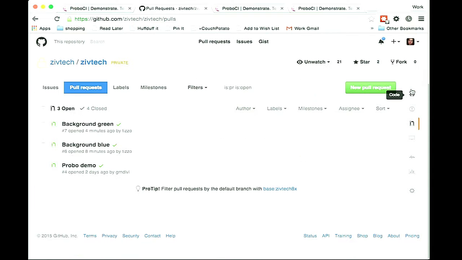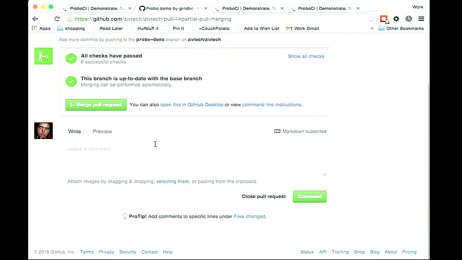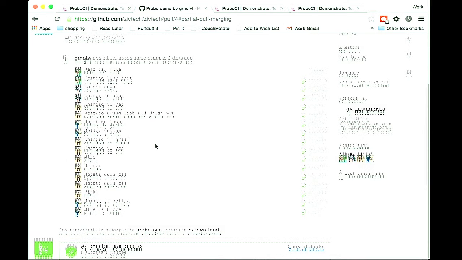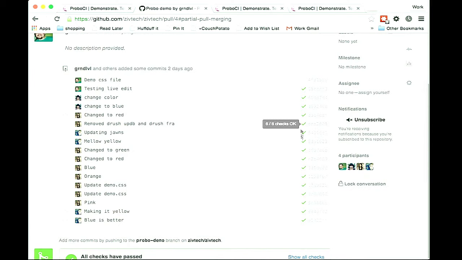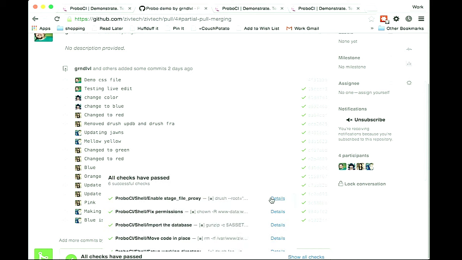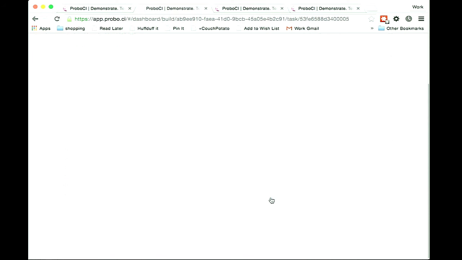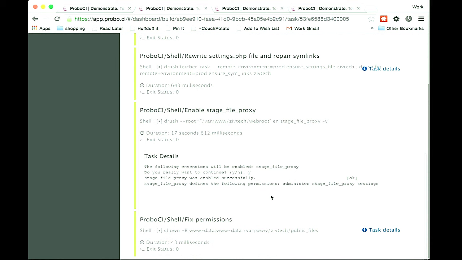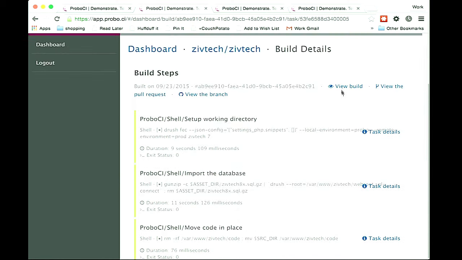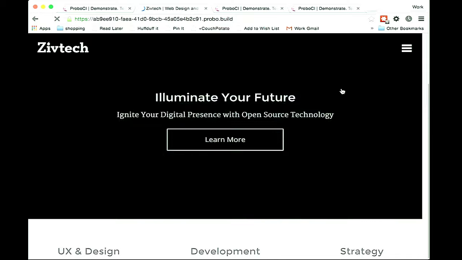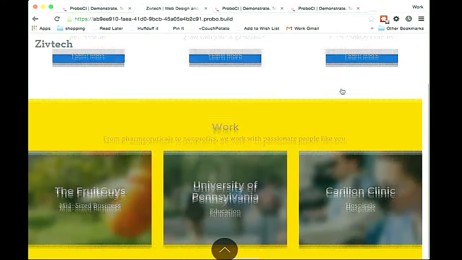Now, what happens with a pull request that has multiple things that keep getting pushed to it? Well, you can see that you actually still retain that detail about each one of those pushes. So this was the one that we were using to demo this for people at the booth. So you can see that we've got all these different builds, and you can click on any one of them to go see the results, or go click to view the repository at that point in time. And so here we'll see a version, I think, where it's orange maybe? Yellow.